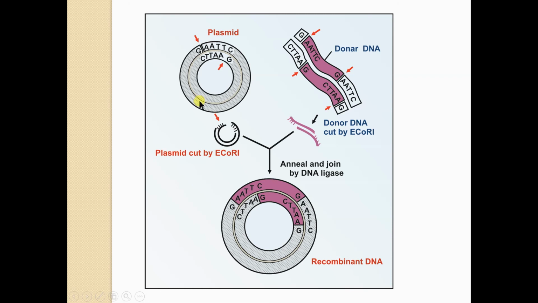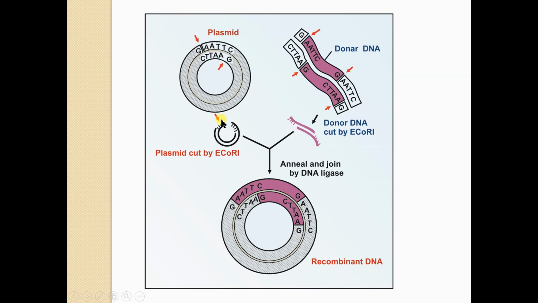So the restriction endonuclease puts the cut in the palindromic sequence, and this cut is known as a cohesive cut or sticky ends, because it can bind with another DNA molecule and stick together. The same enzyme will produce the cut here, which is also the same sequence GAATTC. So this double stranded molecule will be removed from there, and it will bind with the plasmid.